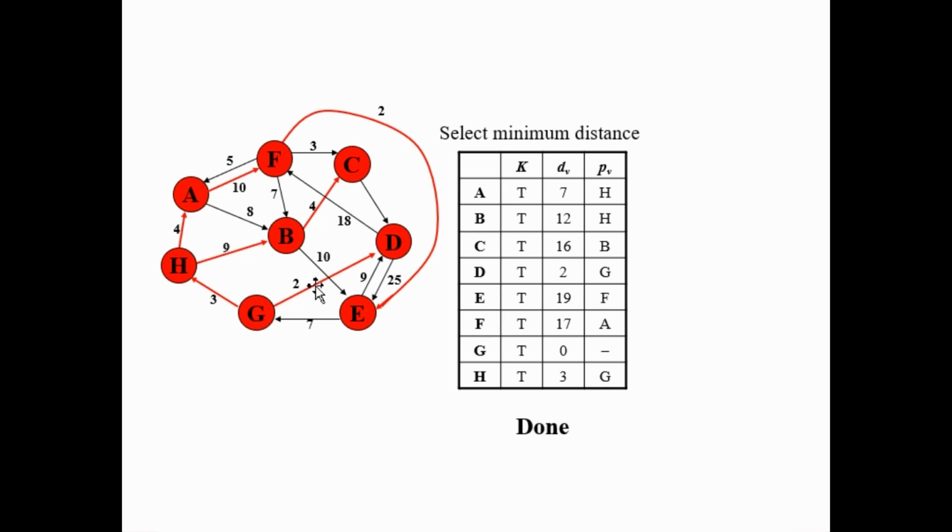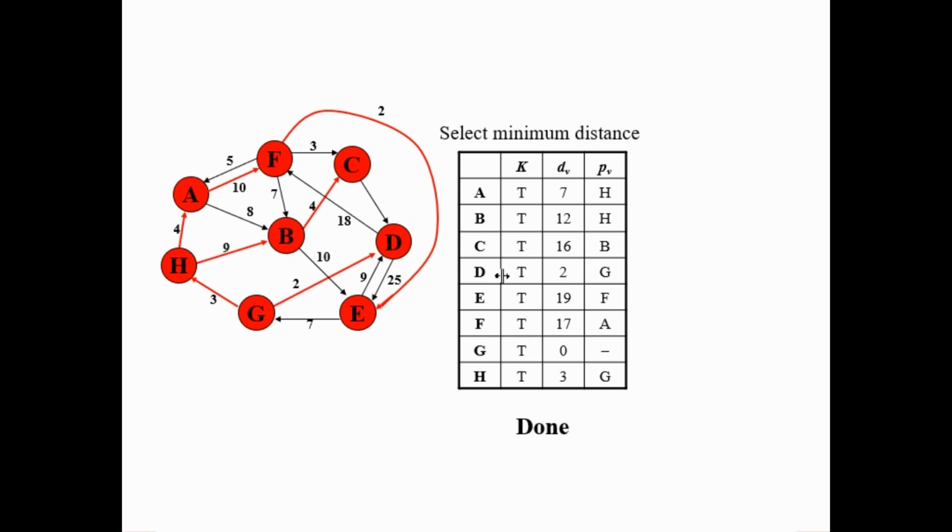As you can see, the red are the routes that we have formed. If we want to go from, for example, G to B, then this is the route. Similarly, if you want to go from G to A, then this is the route. Or if I want to go from G to C, you can see